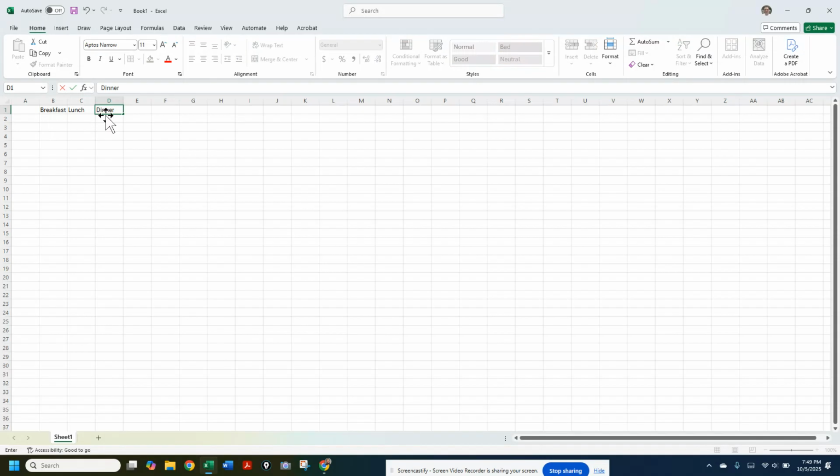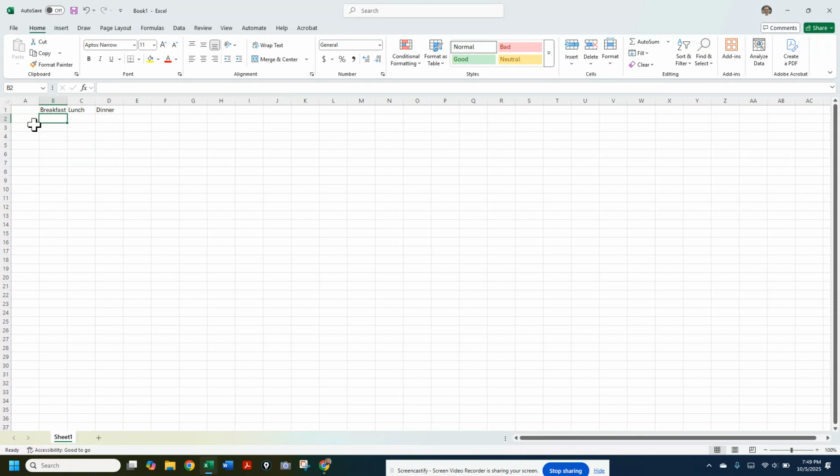Now, the way I was able to move really quick over to these is I used the Tab key on my keyboard. It's right next to Q. If you hit Tab, it moves you to the right. And if you ever hit Enter, it usually moves you straight down. You can also use the arrow keys to move your cells quickly, or just click and select where you want